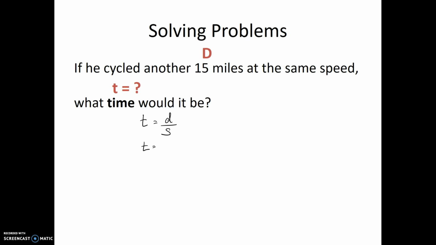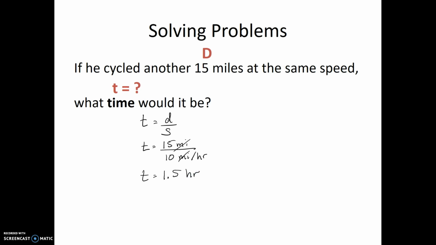It says here in my problem that he cycled another 15 miles. Oops, I don't want to write a D there, I want to write a 15. So he cycled another 15 miles, and it was at the same speed, which we found out was 10 miles per hour. So our time is going to equal 15 divided by 10, which is going to equal